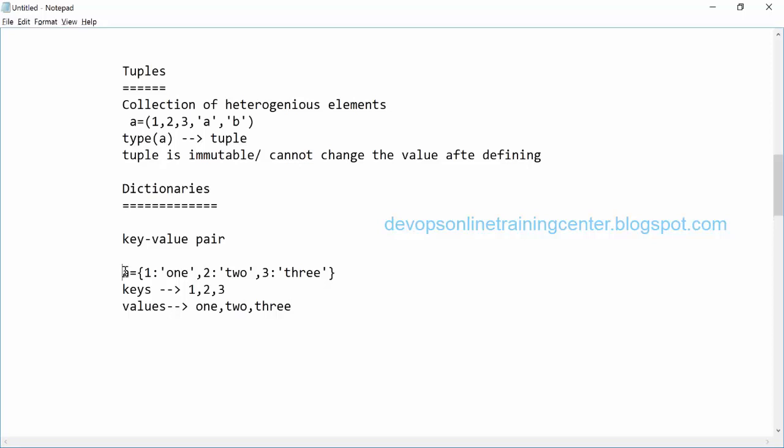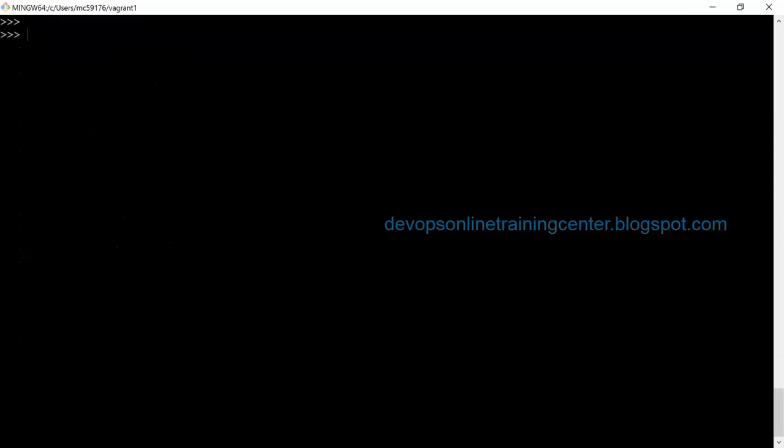A is a dictionary. Dictionary can be defined by enclosing in between curly braces, and we have keys and we have values. So this is a key value pair. So there will be a key, there will be a value, right? So something like A is equal to 1.